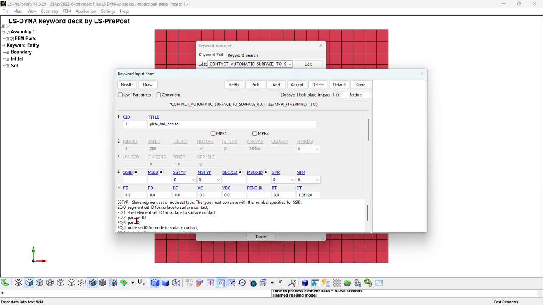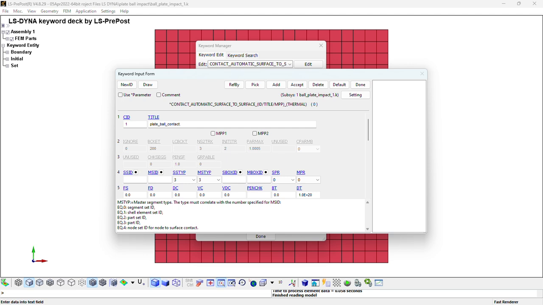That's equals to 1, equals to 2 for part segment ID, part set ID, and now equals to 3 for part ID. Now, one thing you need to know is that since we are referencing part IDs, we select 3 for both the SS type and the MS type. That's the most important thing you need to understand since we are working with part ID. And let's now select 3. Yeah, 3. Now, for the slave segment ID, we know that